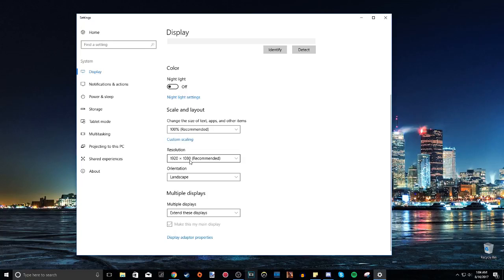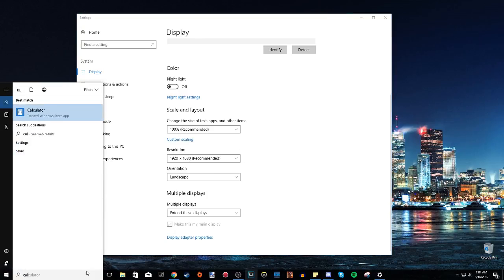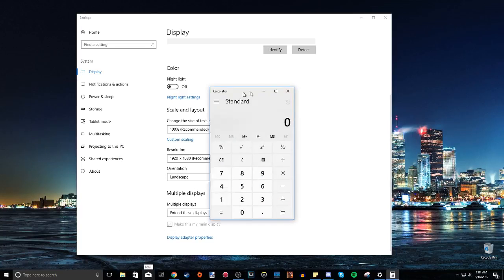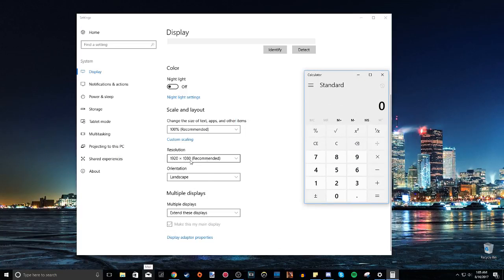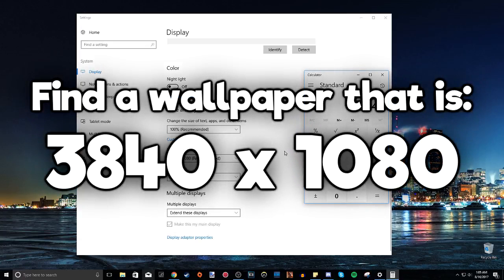So that means the wallpaper that we need, let me just open up the calculator here. The height, 1080p, has to stay the same, because of course the height of the screen doesn't change. It's just the width of the whole screen. So what I want to do is find a picture that is 1920 times 2, which is 3840. Since the height stays the same, you need to find a wallpaper picture that has a pixel resolution of